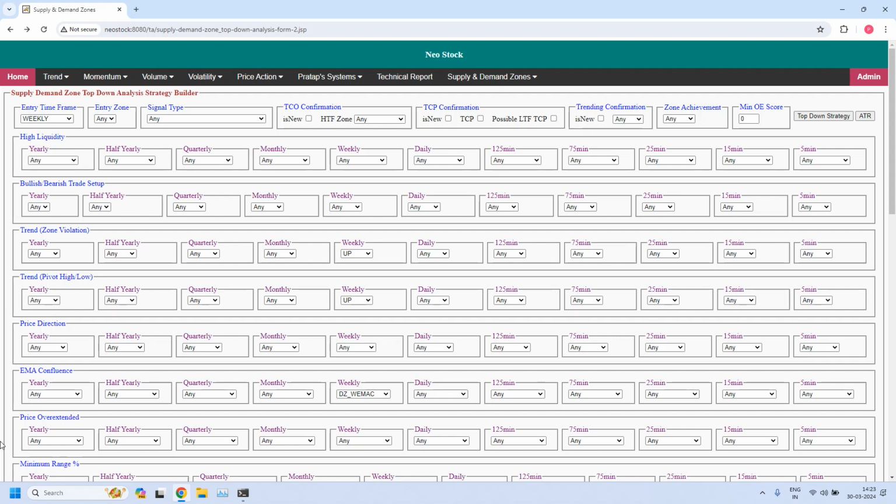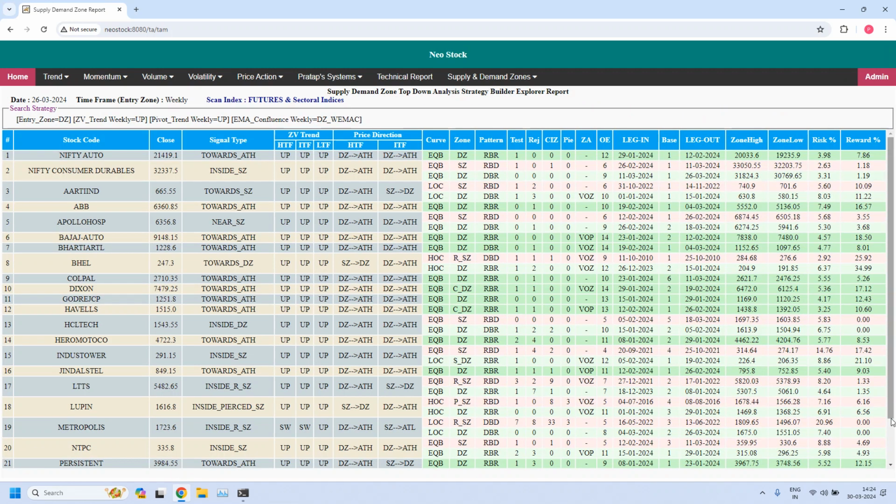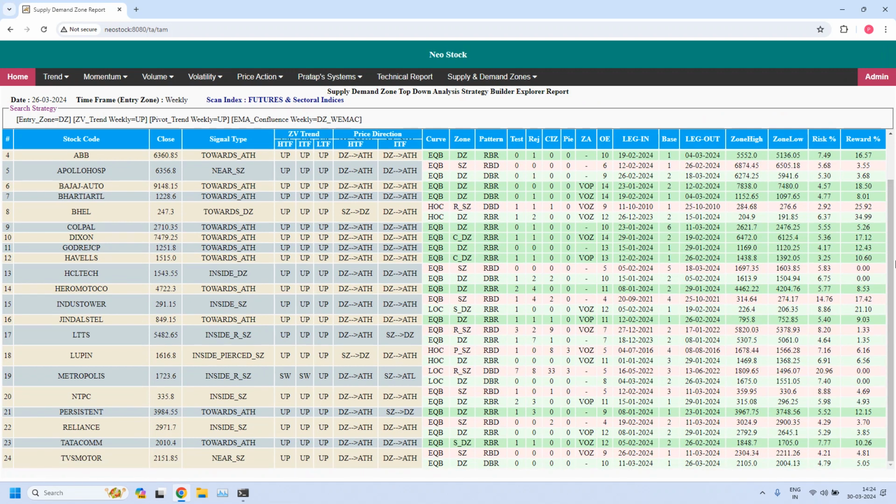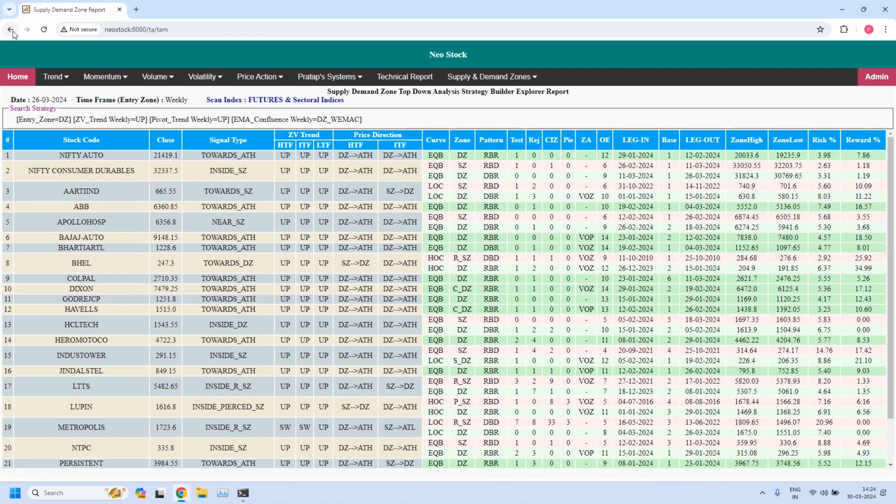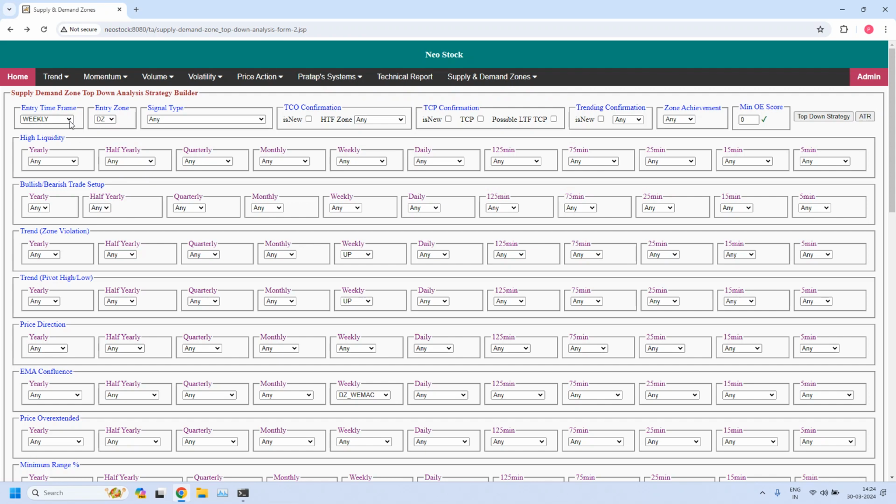Okay, the next one, what do we do? Supply zone EMA confluence. So entry time frame is weekly, but here one point we forgot. We need to select demand zone. Mostly you get the same stocks, but it is good practice. See, you got the same 24, but it is always good practice to select the entry zone. So anyway, now the entry time frame is weekly. Entry zone is supply zone,